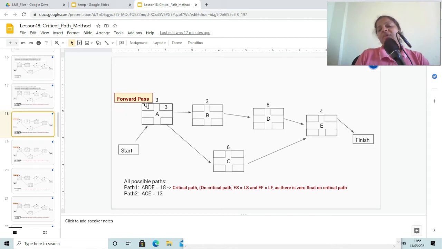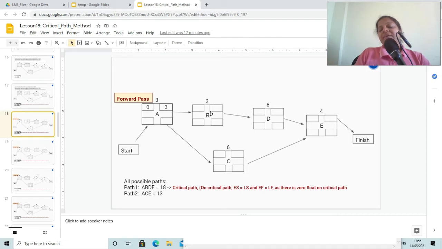So here I have started from 0 for ease of calculation, and by using 0 also we can calculate the float correctly. So here I'm starting with the forward pass. So on activity A, early start is 0 and early finish is 3.